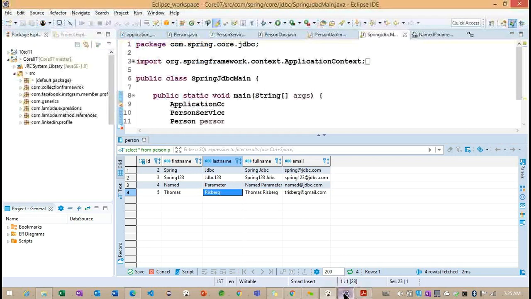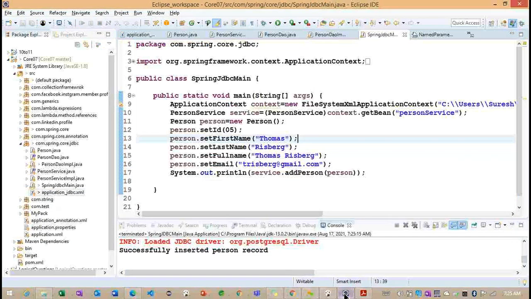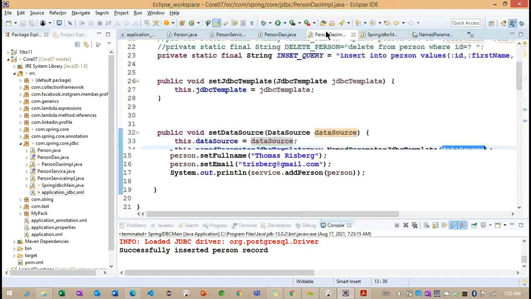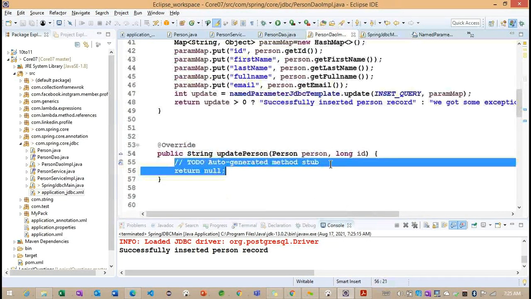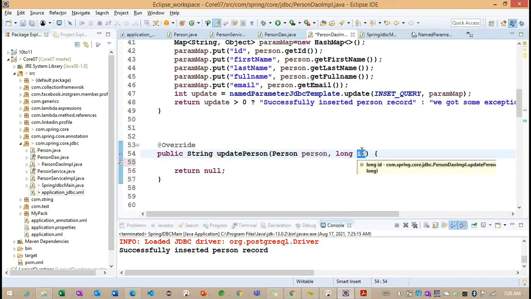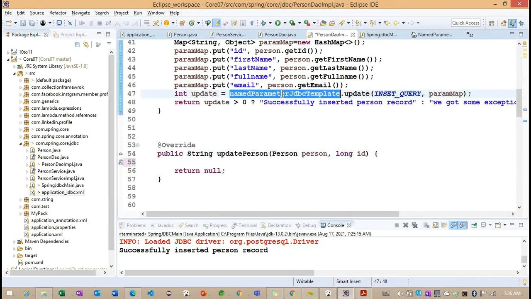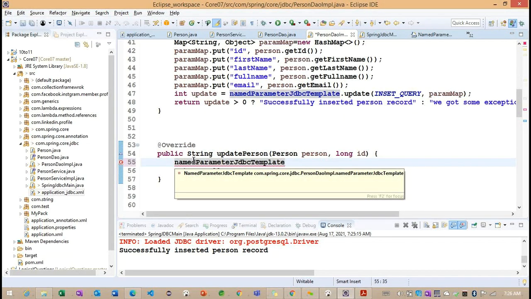Okay, and we'll try to work on our update. So to work on this update method, now what can we do? To update a particular record here, first, based on this particular ID, we need to load the data. Getting the point. So once we load it, we can update the data into the newly created object here.